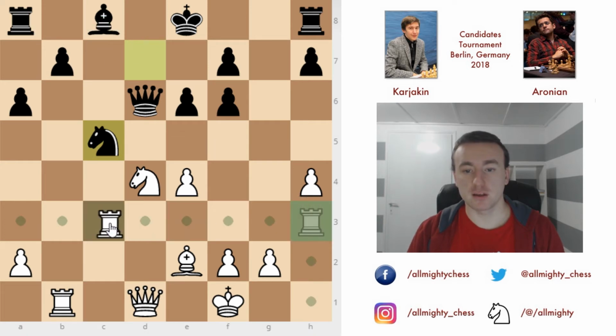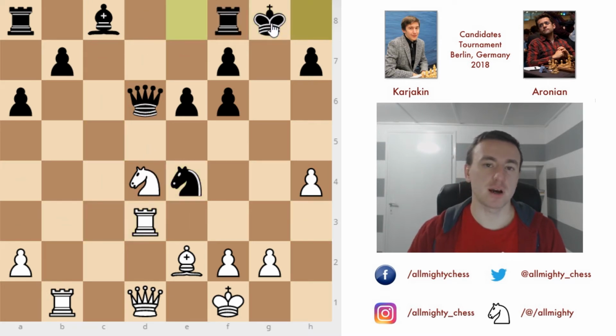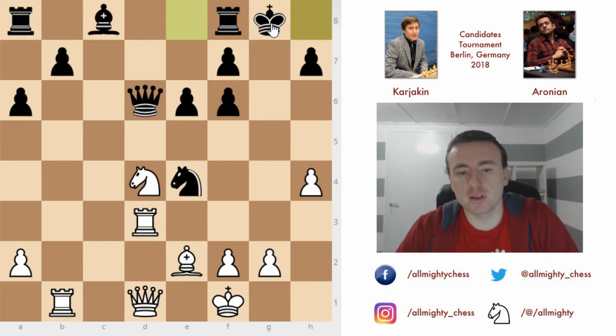Because of that we had rook to c3, and now knight captures on e4. Rook to d3 and castles by Aronian. And at this point, actually, this is the last moment I think where Aronian played the move